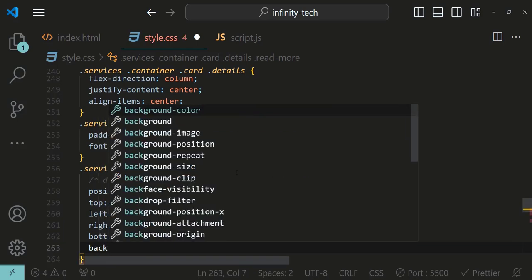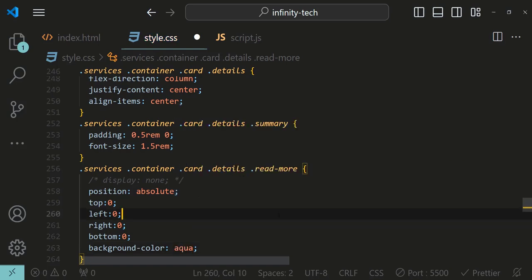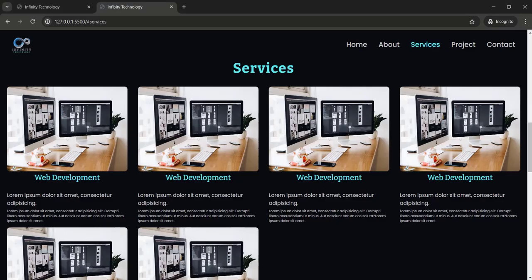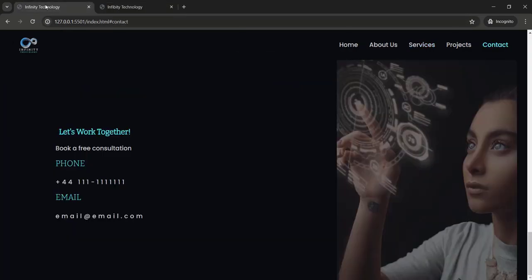So now just to see the effect, let's give it a background color. Let's give it some light color, aqua. Okay, fine. Okay, so this is how it looks. Now see the color that